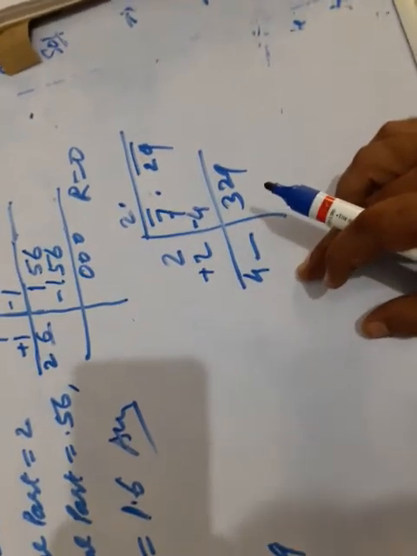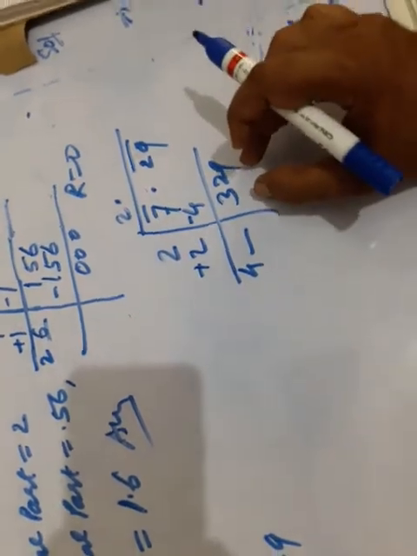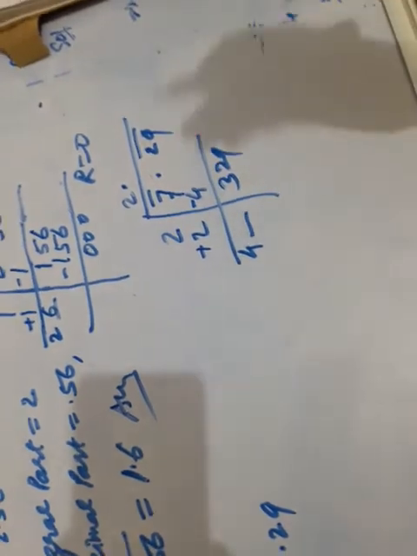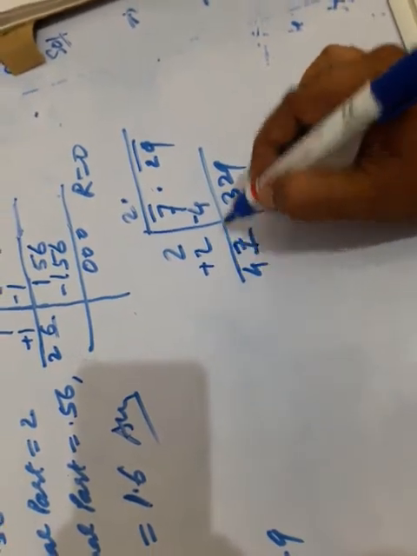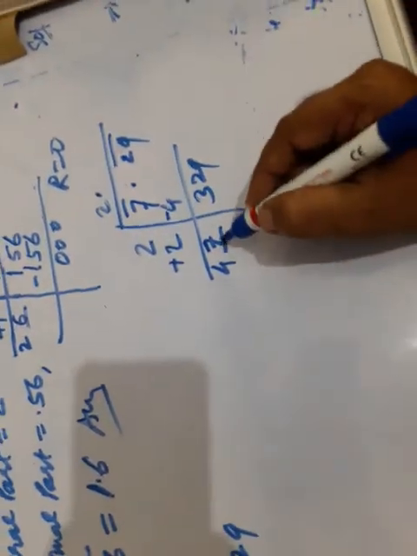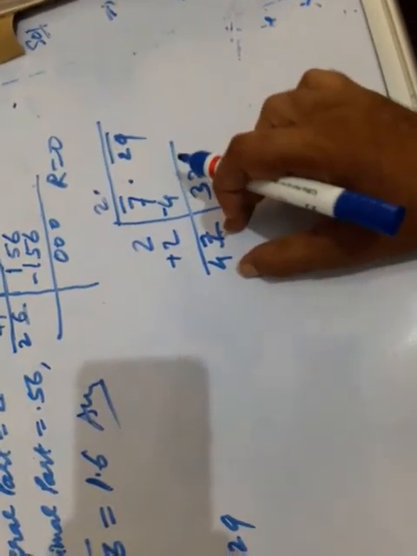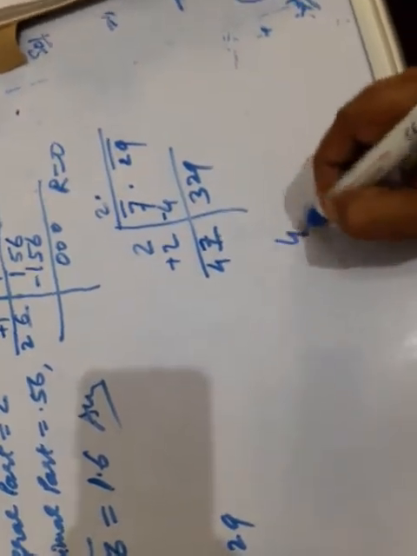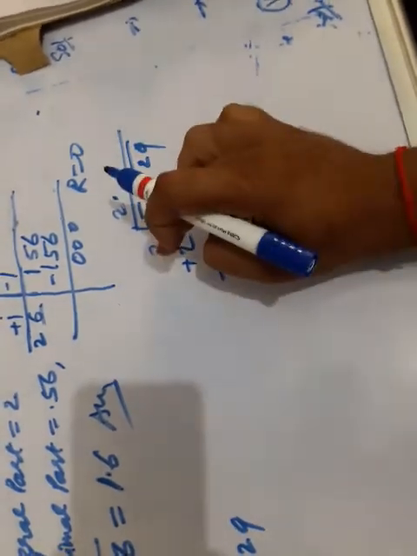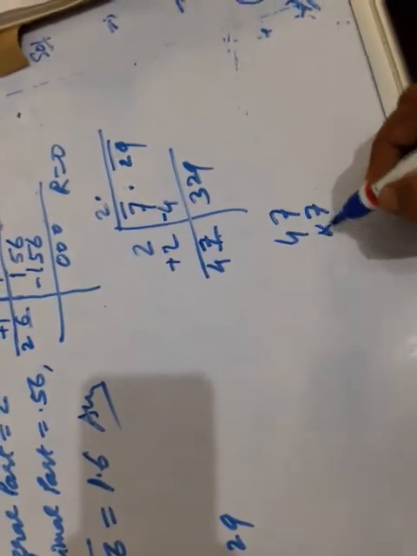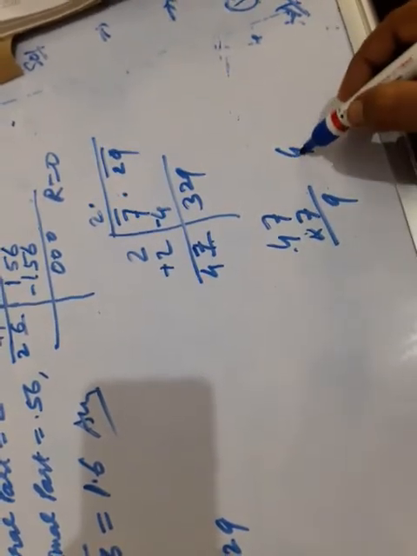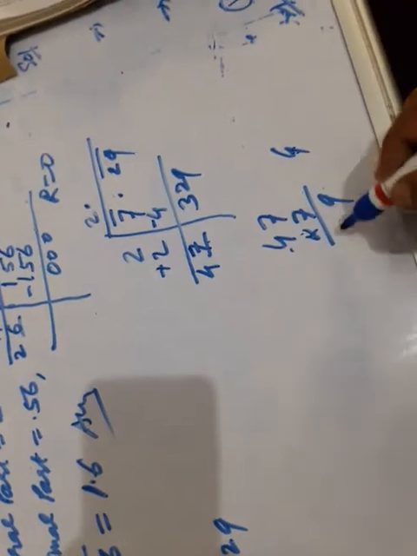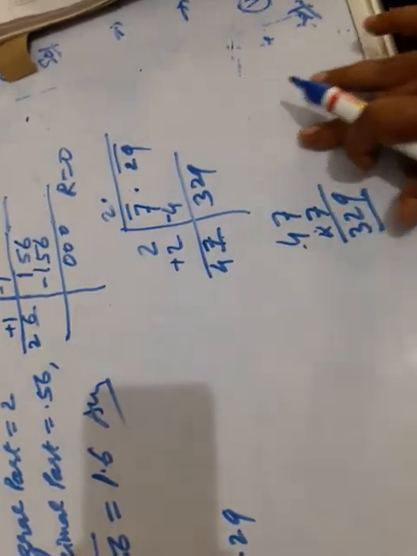Okay children, now select a number so that you can find 329 or any closer number. Let us take 7, children. This is permutation and combination, this is the guess method. Now 47, 7 we have selected. Now the current divisor has become 47. So let us try 47 7 ja. Whatever number you take over here, the same number has to be multiplied by this current divisor. 47 multiplied by 7, 7 7s are 49. 4 is carry over, and 7 4 ja 28, 28 and 4 is 32, and 329 is the exact number that was needed.